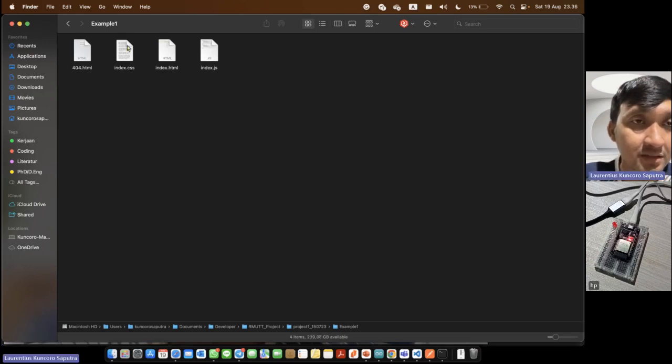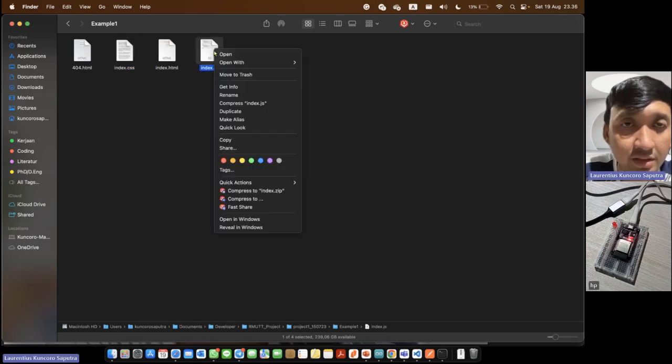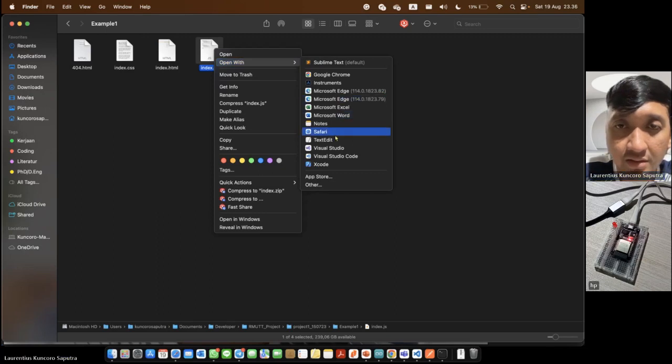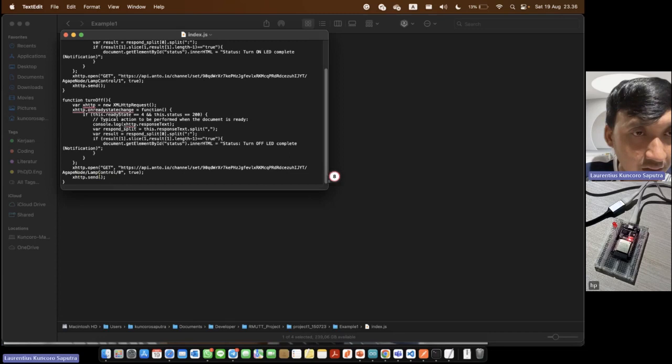Next.js, I will check this one in Next.js. Open with, sorry, I will check this one. The code is already the lamp control. Okay, it's already the same.